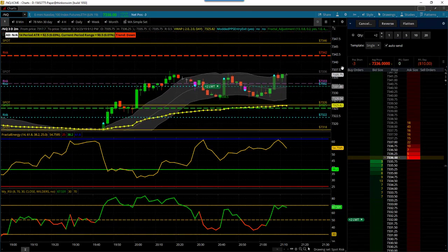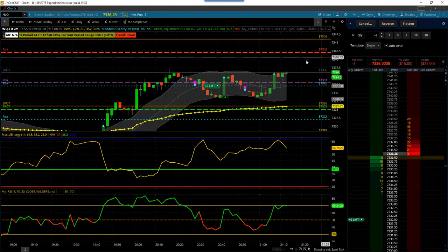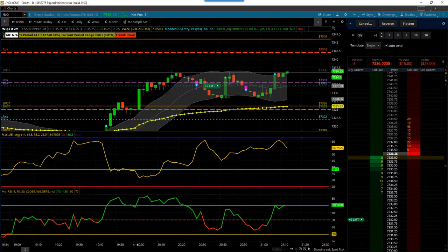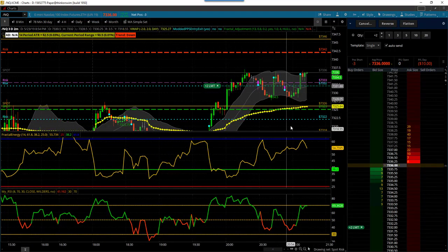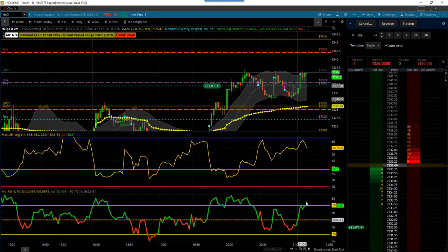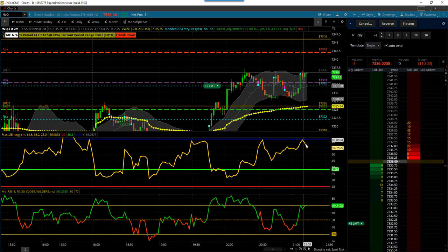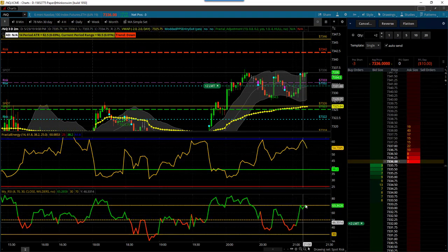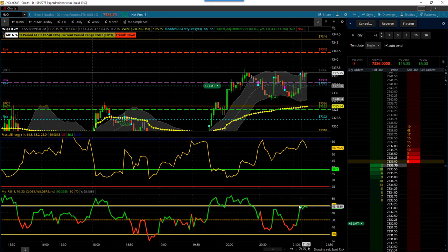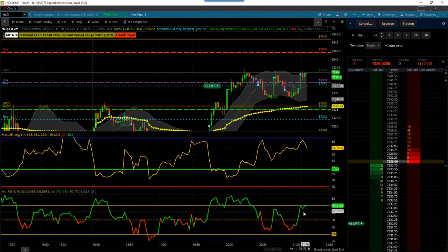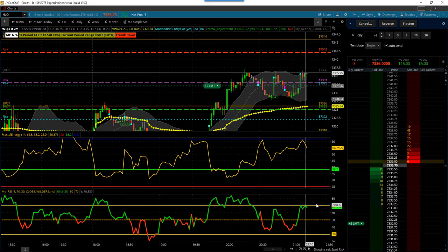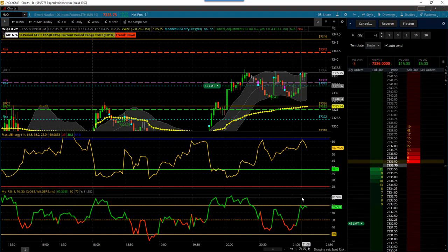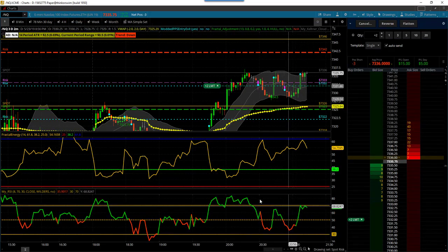Now, in the previous videos, I talked about looking at where we came from and where we're going. So right now, for an example, we've got a discharge of fractal energy, and we're really high in the RSI. Now, this is a normal RSI. This is not the RSI Laguerre or anything like that. It just might look a little different than your RSI because I use the 50 line,